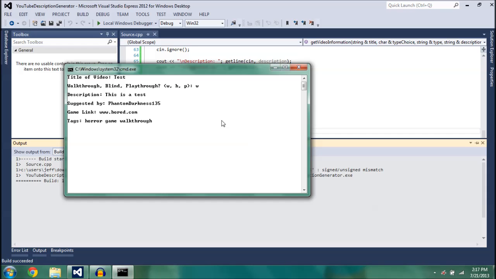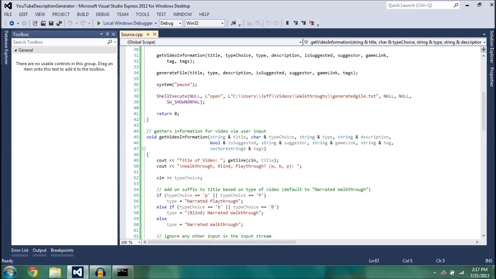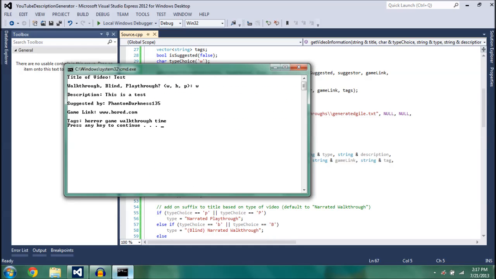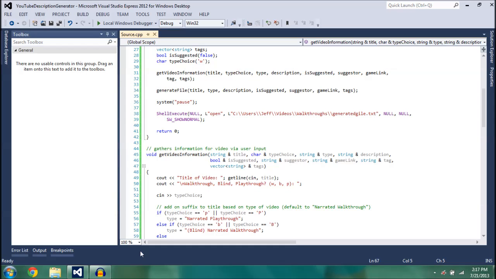And I don't know why I wrote time. Horror game walkthrough. Why not time? And then it will say that's what the system pause statement up in the menu does. It puts that little note there: Press any key to continue. And when we do, I'm going to press enter. Oh, I'm sorry. When you actually do a debug, it'll actually give you that message again as the programmer. So when we do that,